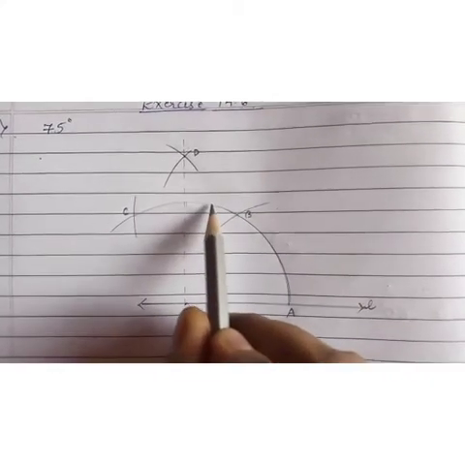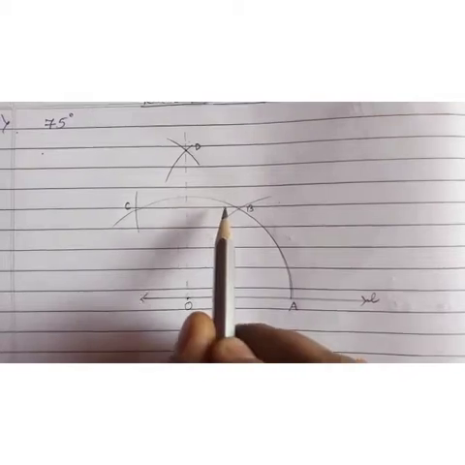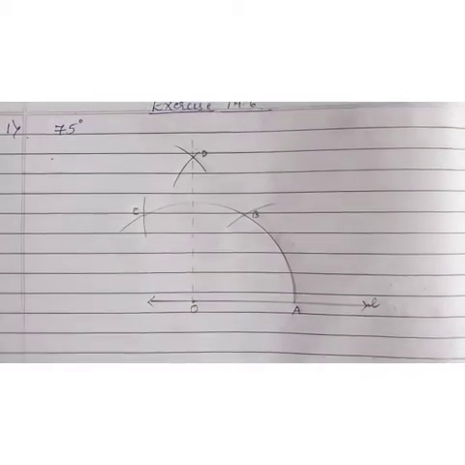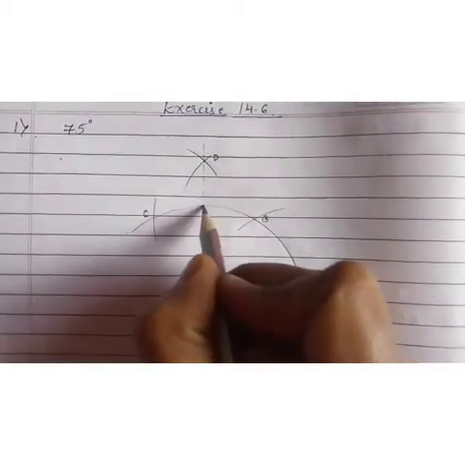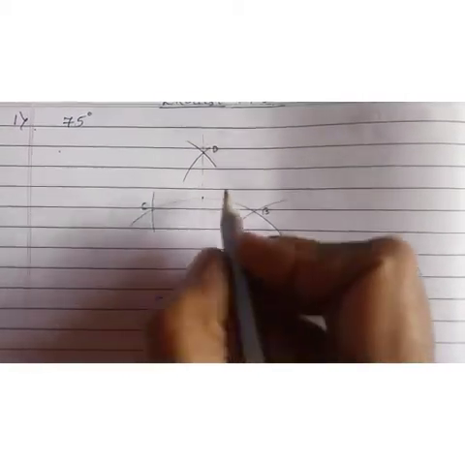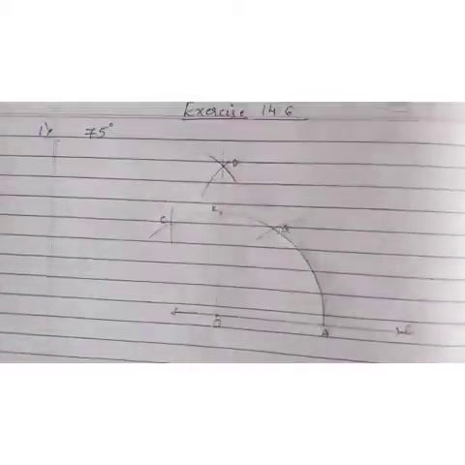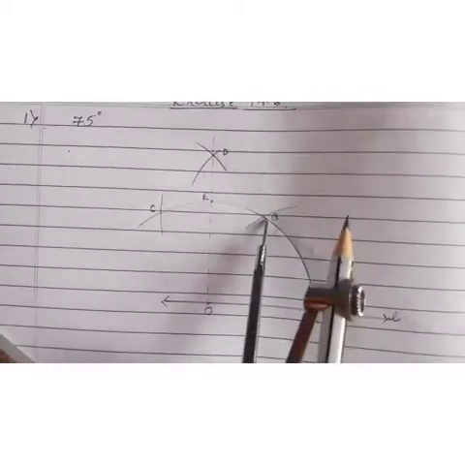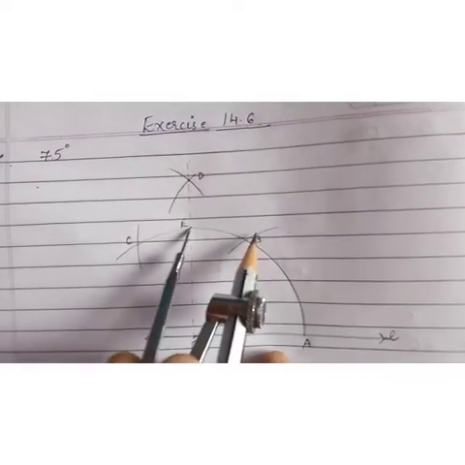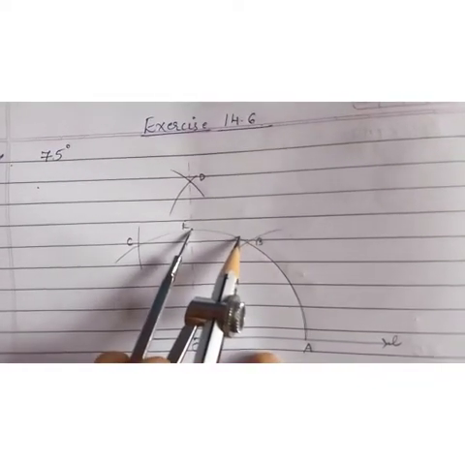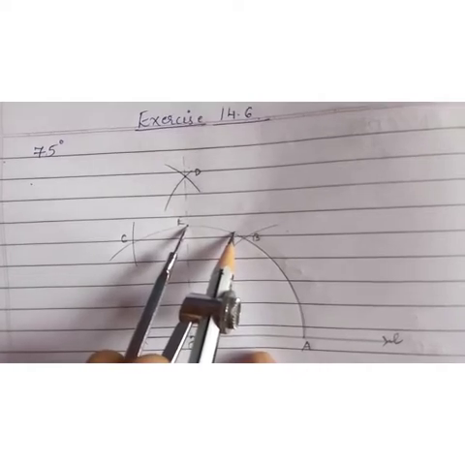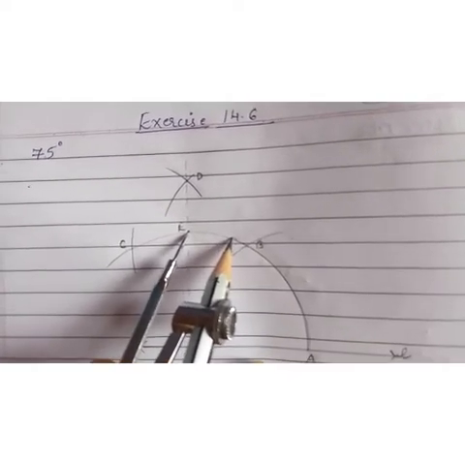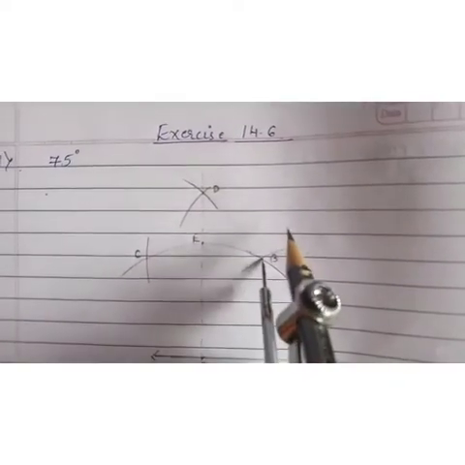So when you subtract 15 from this one, you get 75, isn't it? So take this point where it intersects to this. Mark this point as E, and with radius more than half. Now take B and E as your centers and take radius more than half of BE. Are you observing? Now take more than half of BE and then draw an arc with B as center and